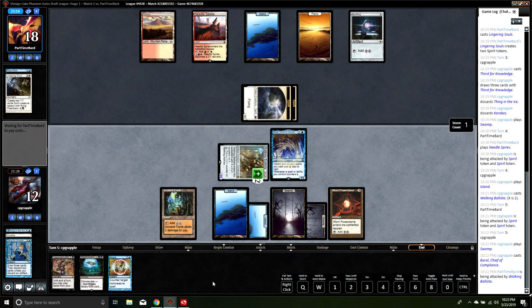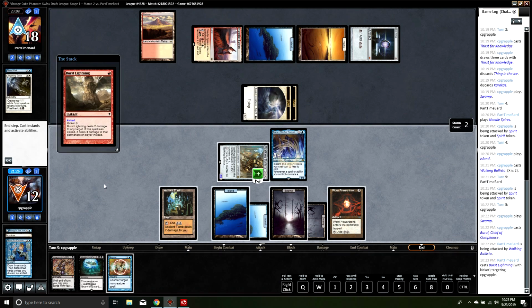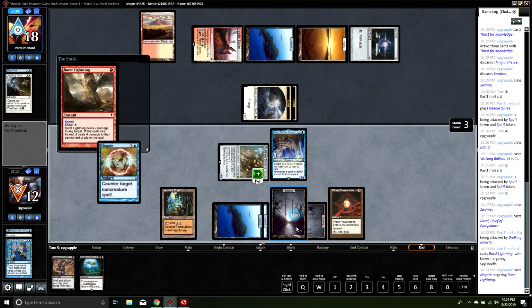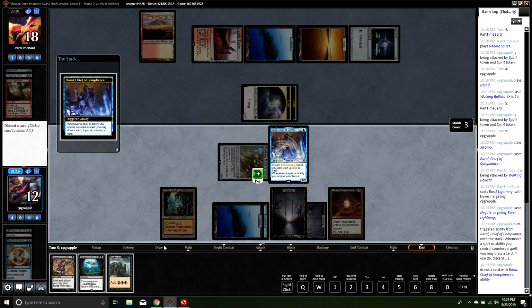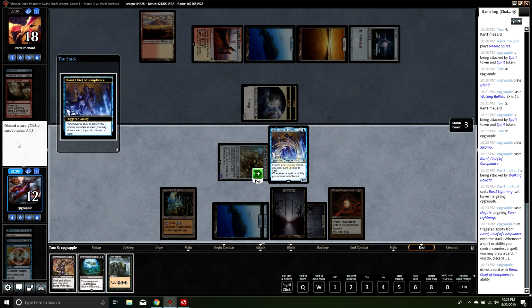What do they got? This is going to be interesting. What are they trying to do at the end of turn with all this mana? Burst Lightning. So yeah, let's go ahead and negate that. And I get to draw a card, which is fantastic. Yes, and we get a Dark Ritual. So we definitely have the mana now. We just need to...